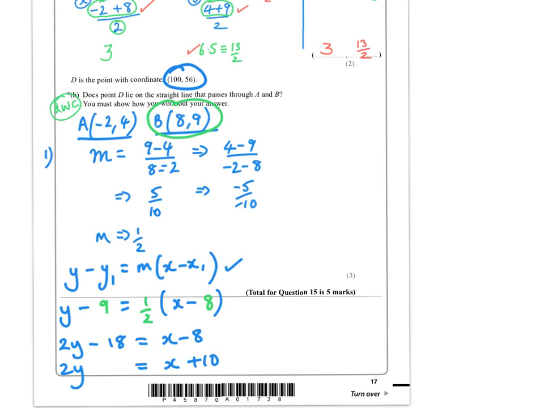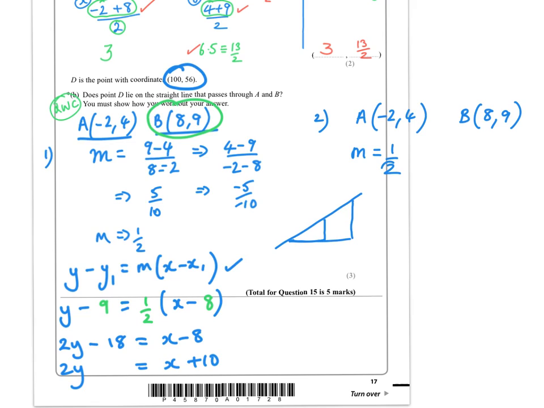So one other way is, you know that if A was -2, 4, and B was 8, 9, then you kind of have this idea that you've got the gradient. So we'll stick with this gradient being a half. That's important. And what that means is, if you have the situation where you've got the line, it means for every 1 unit you go along, you go up by half as much. So if you went along by 2 units, you'd go up by 1. And that's one way of looking at this. That's what you go along by, and this is what you go up by. So that takes experience to work out. So 1 along, a half up, 2 along,